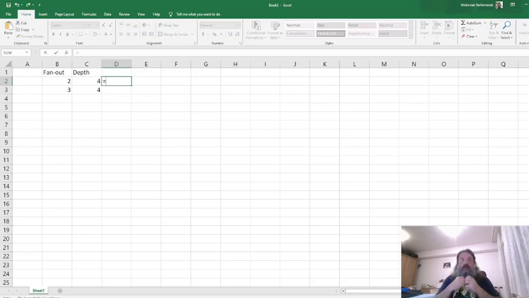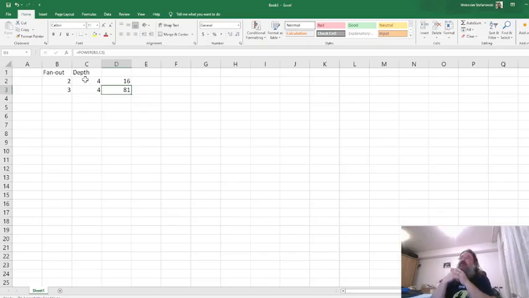But the total number of calls will actually be the fan-out to the exponent of the depth. So it will be 2 to the 4th. So we had something about 16 possible options, but see how much it is if the first number is 3. Everything is great, but